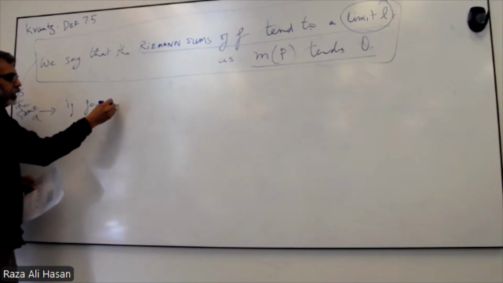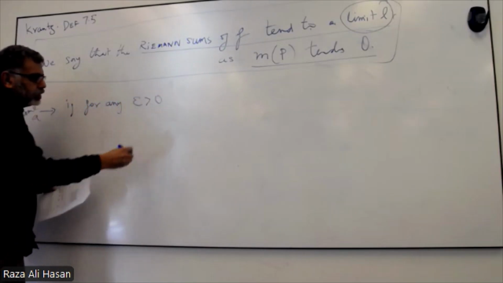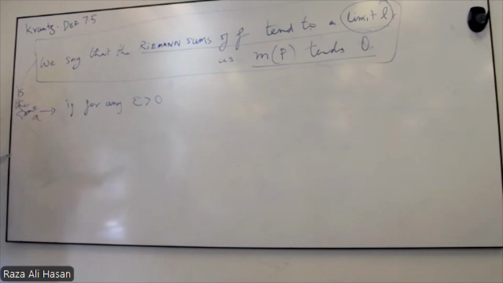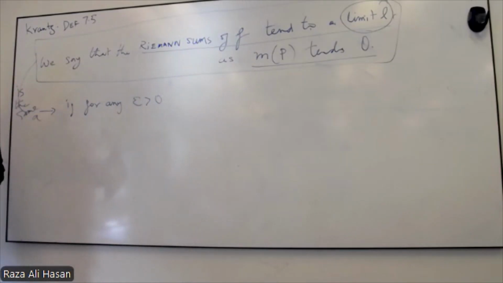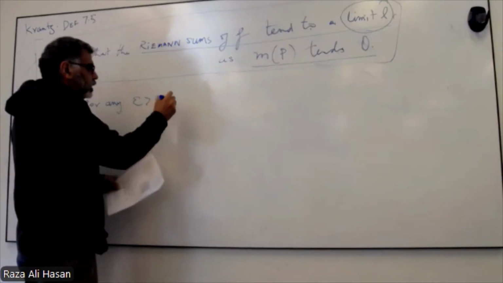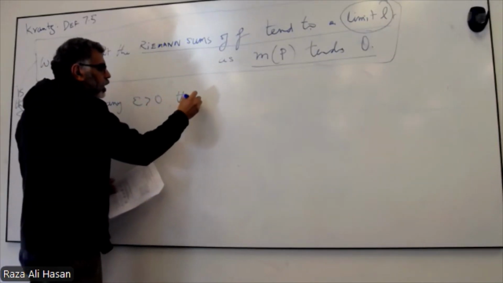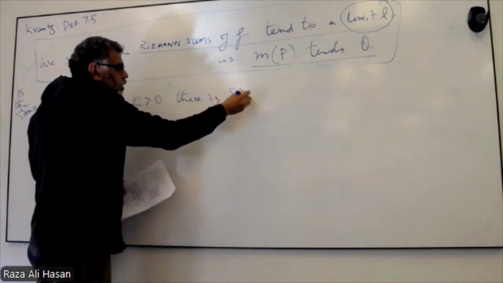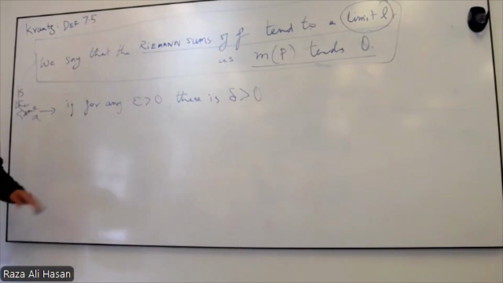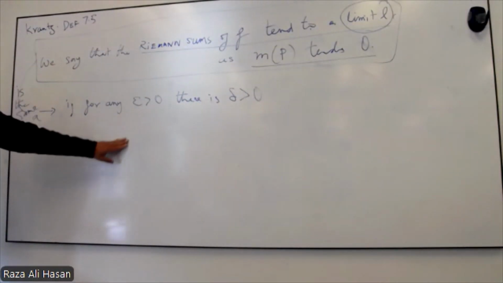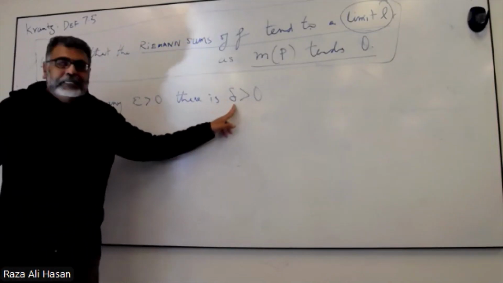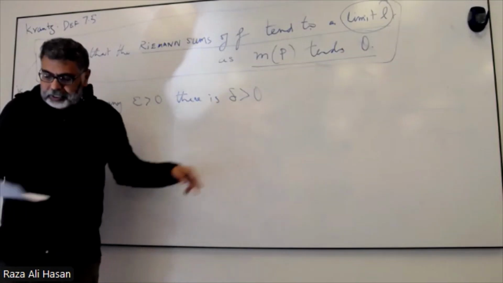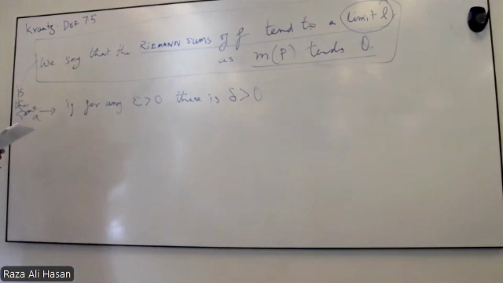For any epsilon greater than 0, there exists a delta, which is also a positive number. So if I'm given an epsilon, then I can find a delta that is also positive, such that,